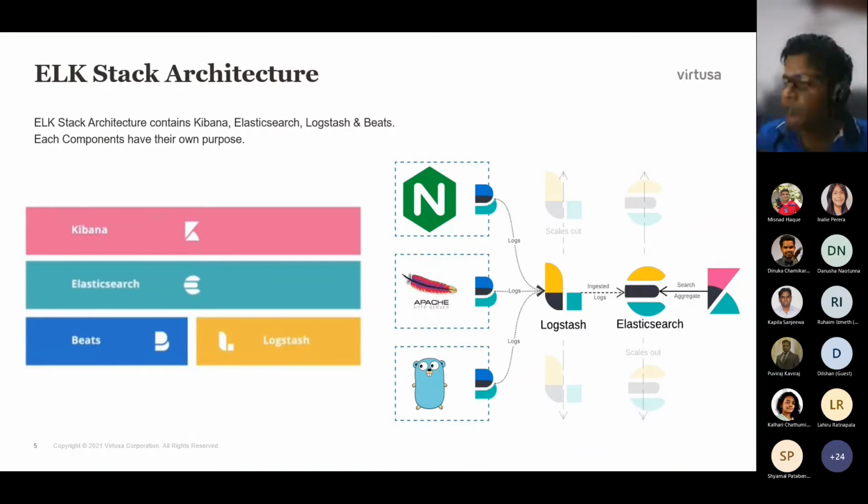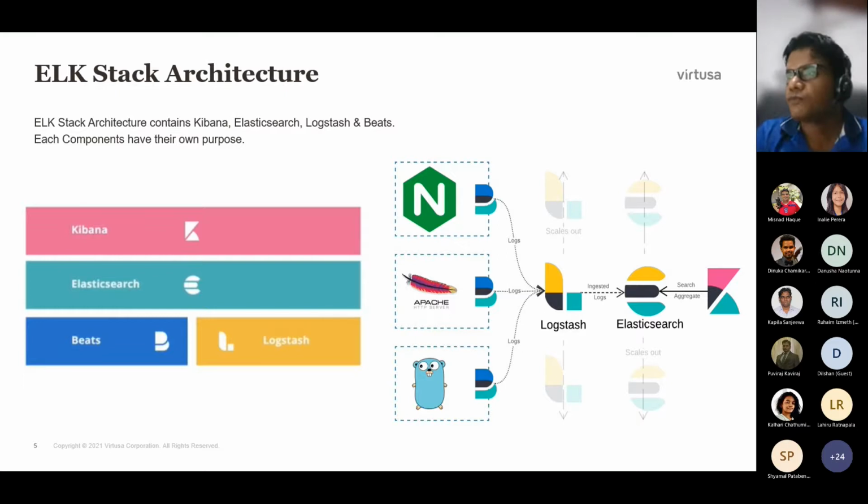And not only that, you can maintain the Elasticsearch cluster from the Kibana visualizing tool. I'll explain in the upcoming slides that we have something called an index. You can create the index, delete the index, manipulate the index, and check how much storage has been taken by the index. So everything you can manage from Kibana. That is the tool stack that we can use to visualize the logs.